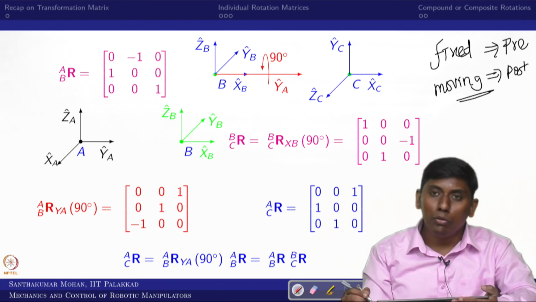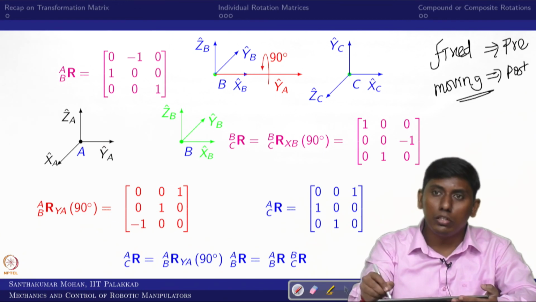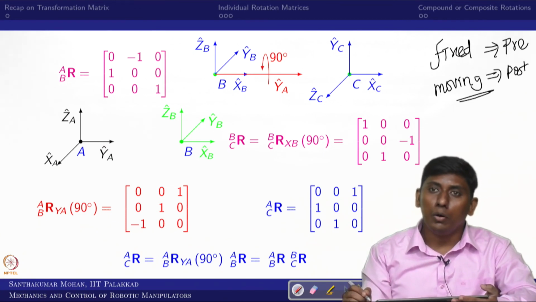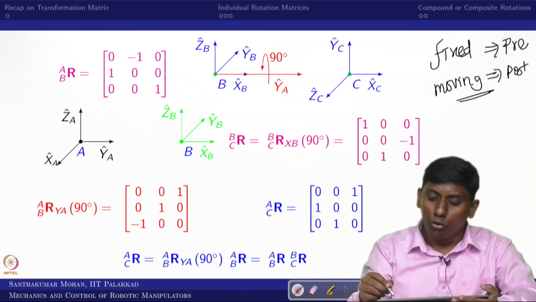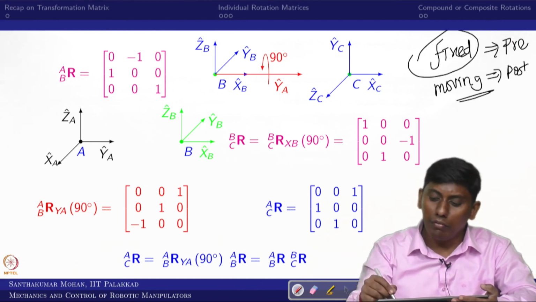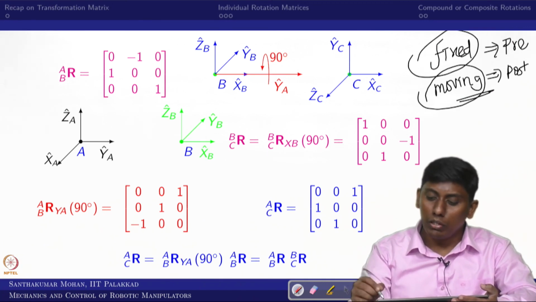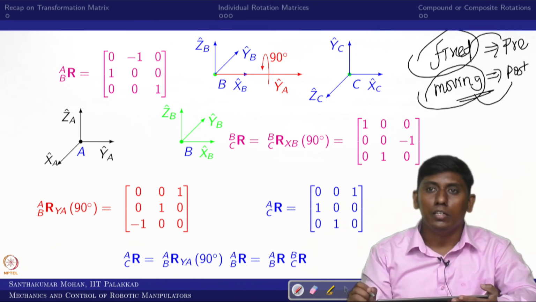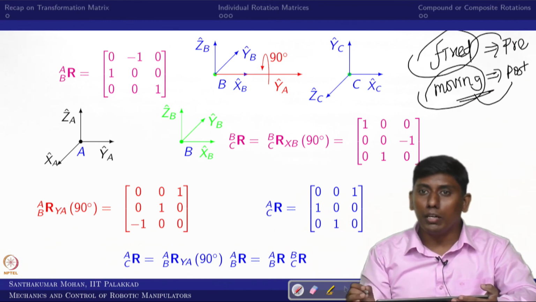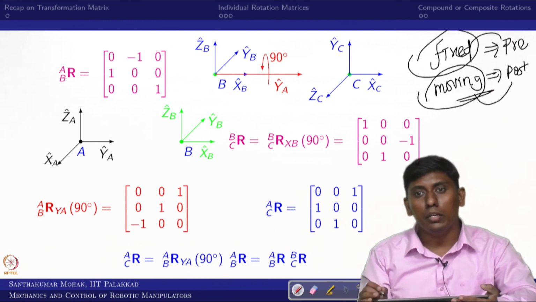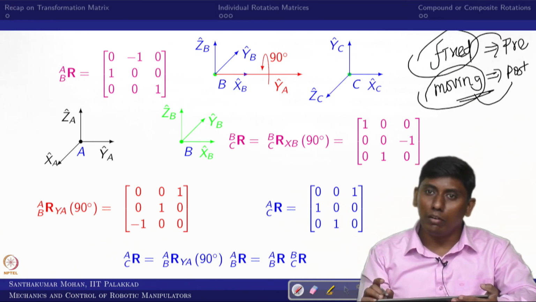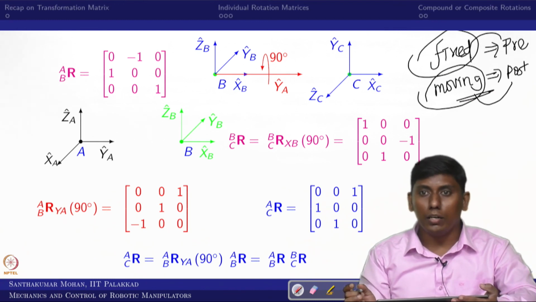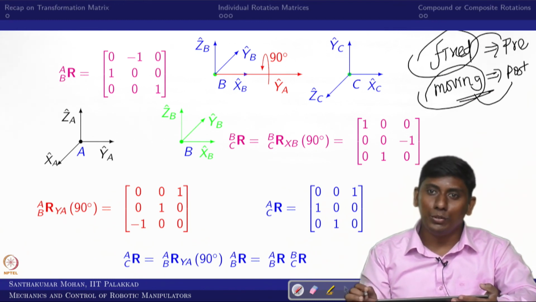So with that I am closing this particular lecture. The next lecture will talk more about compound rotations. I hope that will be clear in the next lecture. Right now it should be clear why we do the fixed rotation and the moving rotation as pre and post multiplication, right? And why we are going with the compound rotation should also be clear, and in that, of the two representations we are going to see, one is Winkel angles, the other one is Cardan or Bryant angles. So with that, see you then, take care.